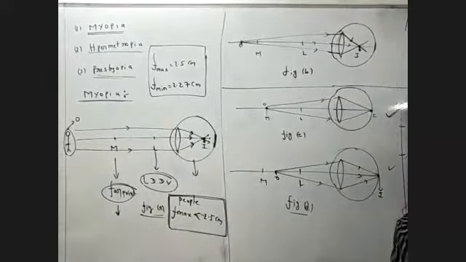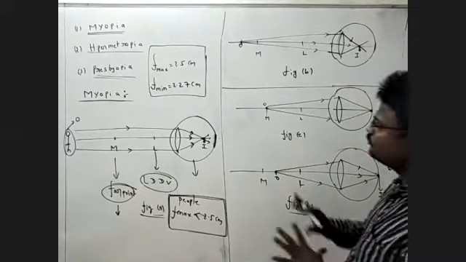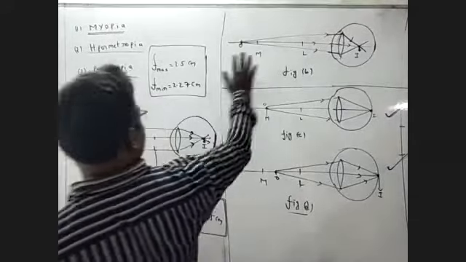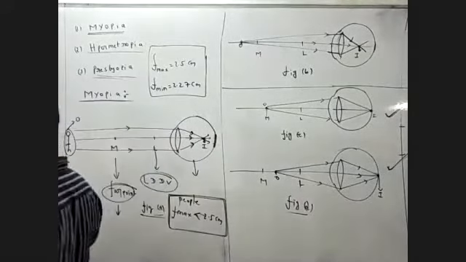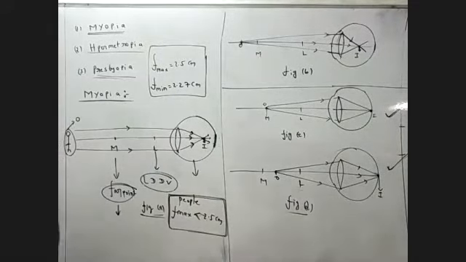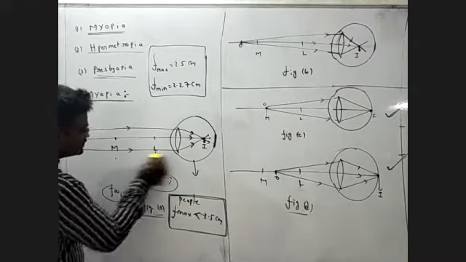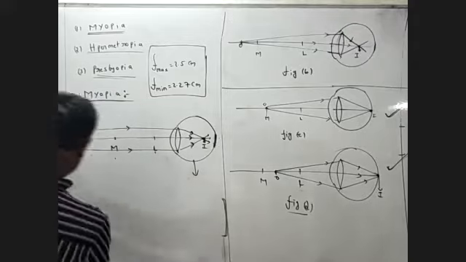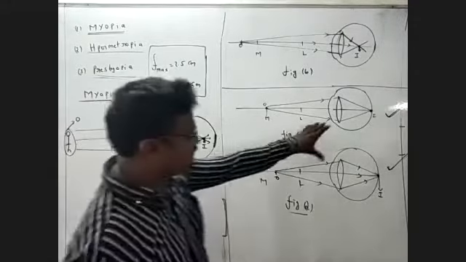This is an elderly person. This is also an elderly person. We don't want to explain this one, so we want to focus on figure A and figure B. Now you will see what will happen. The problem is the elderly person. This is the person I'm going to explain.